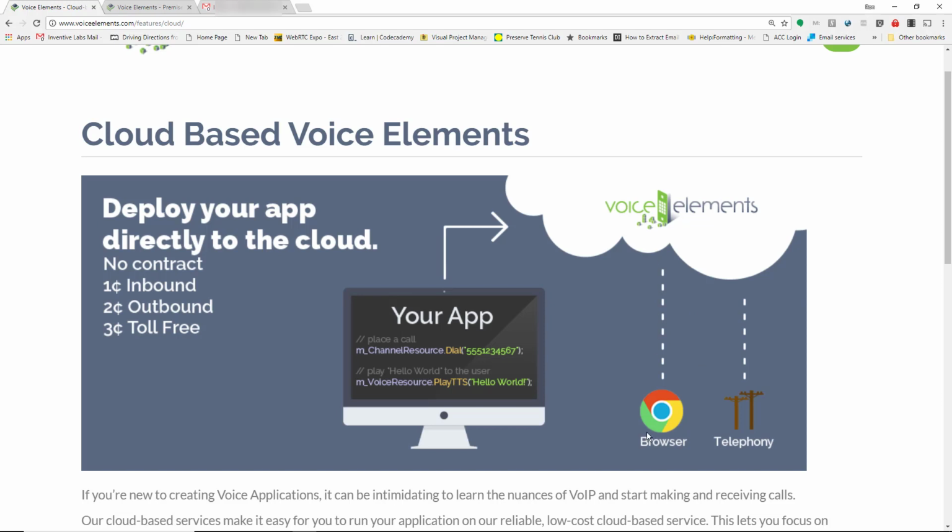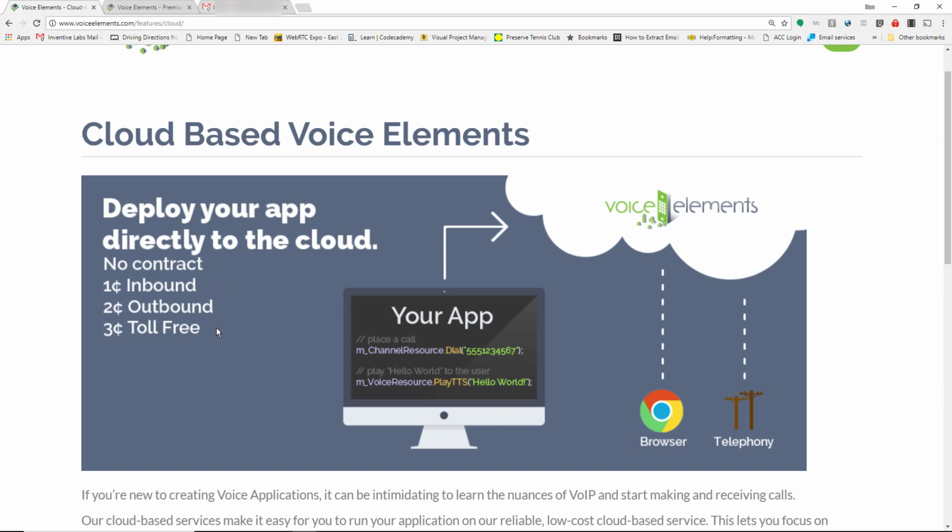Or you can use WebRTC, and you can connect up to our servers using a browser. So it's basically your browser is like a telephone for inbound and outbound calls. And there's lots of call center kind of applications that people have developed. And so that's in its simplicity if you use our cloud. And we'll charge you in our cloud. We don't have any contracts or anything, but we'll charge you